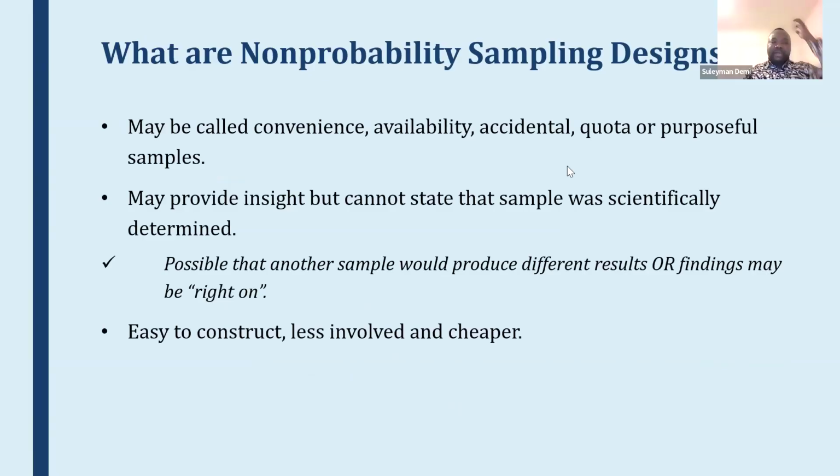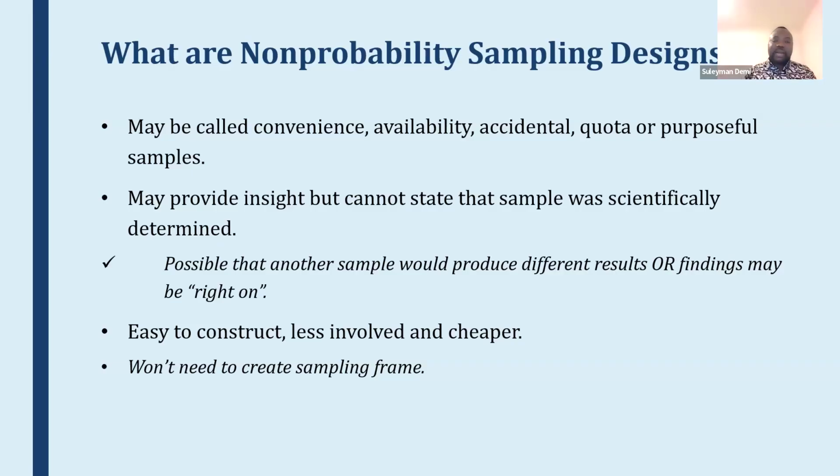So with non-probability sampling, we have several names for it. For example, we can call it convenience sampling, availability sampling, accidental, quota, and so forth. This may provide insight, but you cannot state that the sample was scientific. At least it can give you an idea of the direction of a research, but you cannot use it as scientific